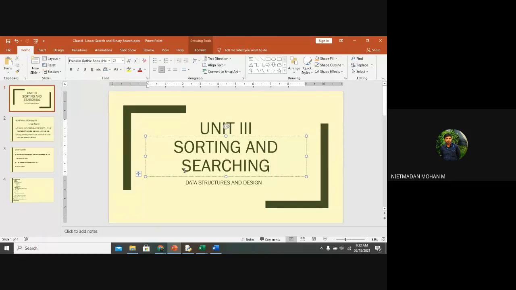I'm asking you, have we studied any methodology like searching in the stack? Sir, we are searching the address of the variable. Yes, we have studied searching the address of the variable, in the linked list.